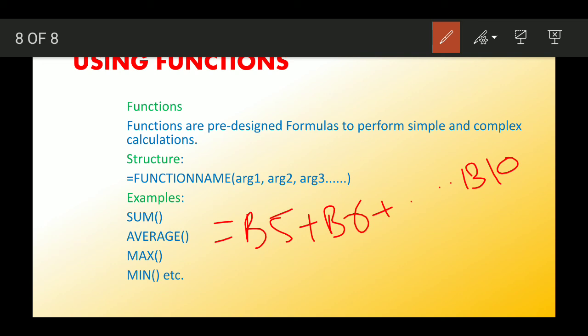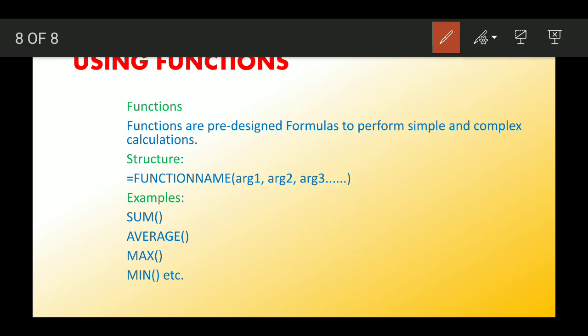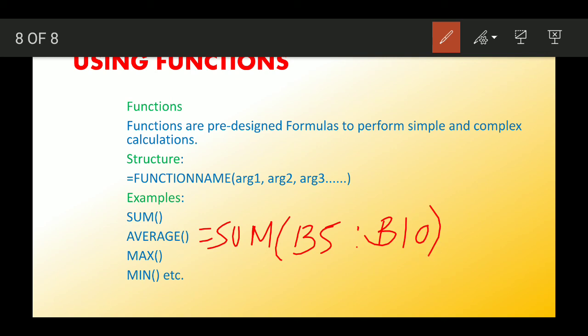But in the case of a function, how can we perform it? We can do it with the help of a function like this. Write the equal to symbol, after that SUM, start bracket, and then the first cell reference, because we have to add from B5, then use a colon, and after that the last cell reference where the data is stored.